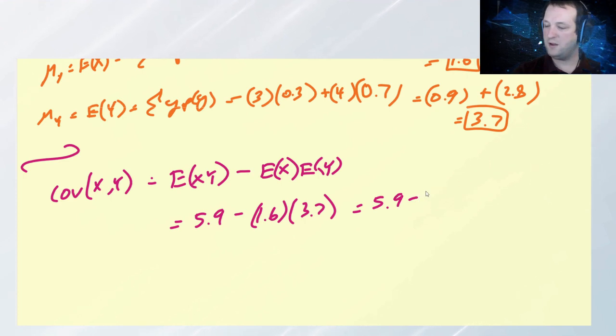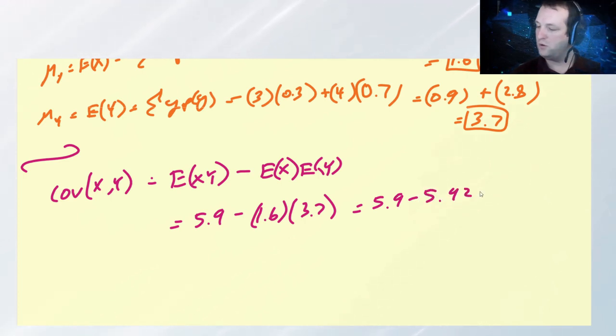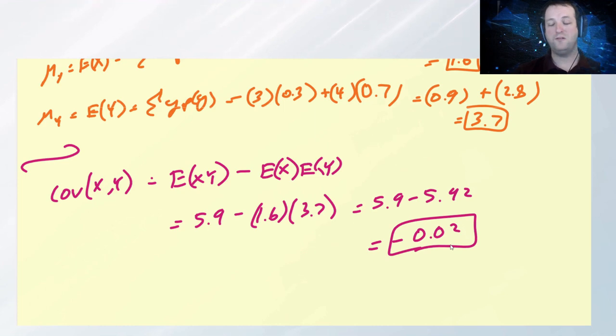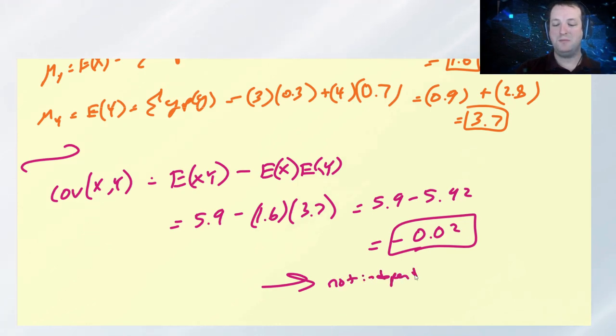So we have 5.9 minus 5.92. So when I subtract, I'm going to have negative 0.02 as my covariance, right? So as one increases, it appears that the other decreases. And I clearly built my table according to that type of approach. So since the covariance is not equal to 0, that implies they are not independent